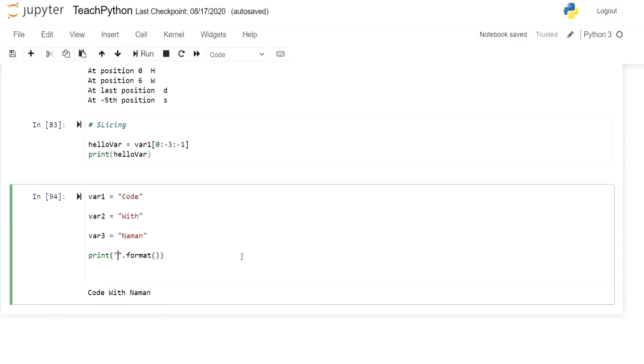So if you want to print these variables like this, we will simply pass them like this: 1, as we have 3 variables, 2 and 3. Sorry for this, I accidentally pressed the insert key. Okay, then I write here dot format.